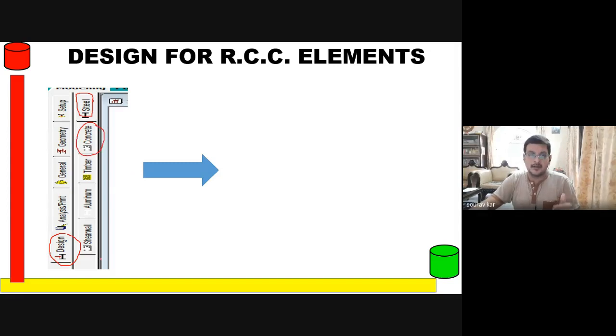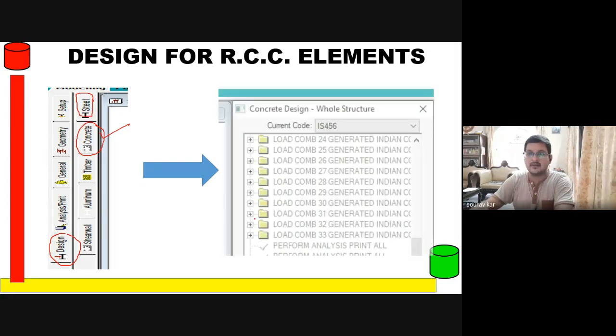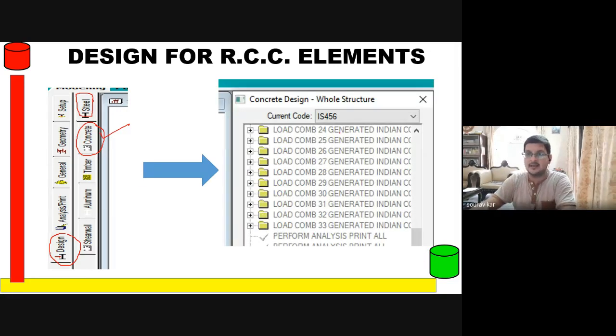Please remember, design is the leftmost tab available on the screen. After selecting concrete, on the right hand side we click the drop down bar and select IS 456. This is the first thing we have to follow.